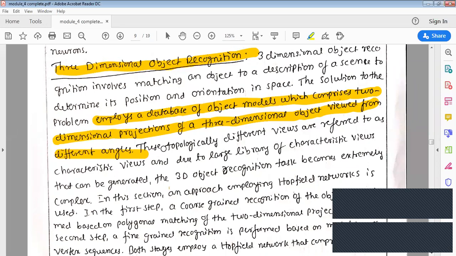Once you know that the object looks different from different angles, you will be able to understand if the object is rotated. It considers a particular shape, let us say the front view, and it will try to match it with one of them. If the matching is successful, then it will tell, yes, this object belongs to this category. Otherwise, it will say this does not belong to this category. Okay, this is the whole idea behind the recognition of a 3D object.